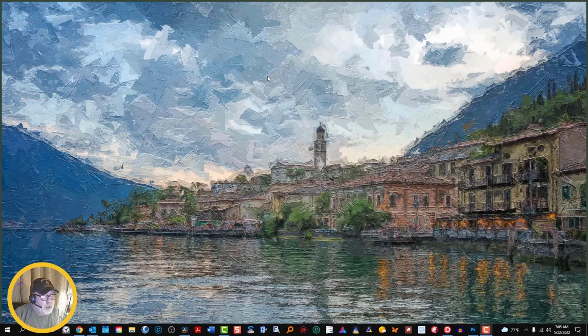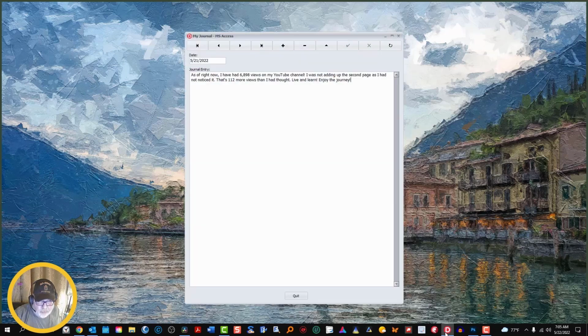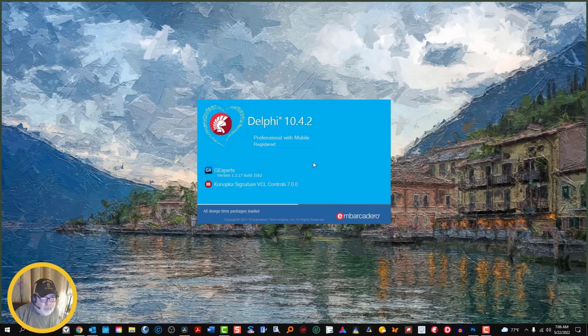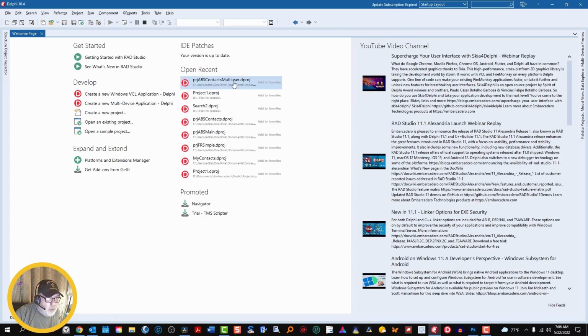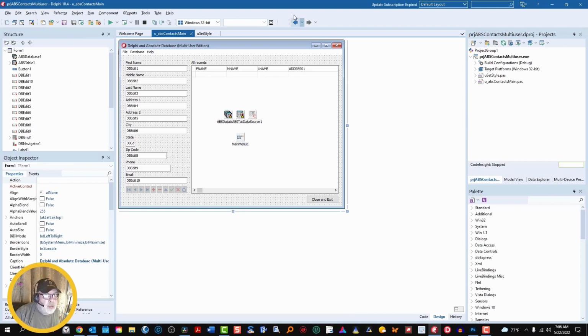What I wanted to do today, let's go ahead and fire up Delphi. There we go. And we're going to open this. This tutorial is a simple walkthrough to cover the FormCloseQuery once and for all, as it were. The notion is